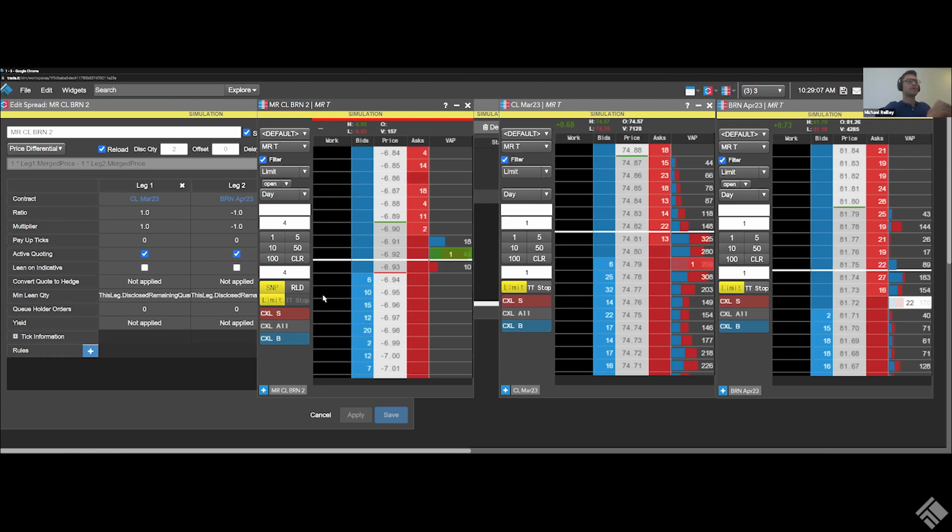If so, send both orders simultaneously and get the fill. If the liquidity is not present, then Autospreader will take no action, and it will just hold on to that order and continue to listen to the market and look for that